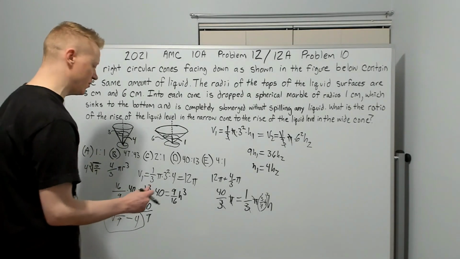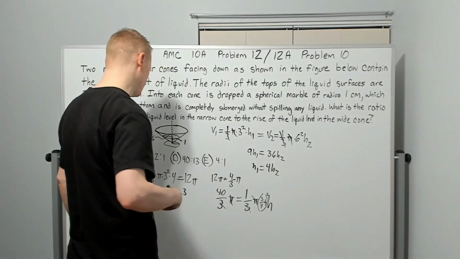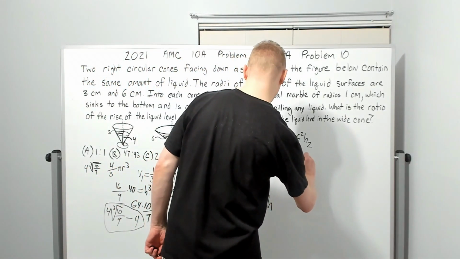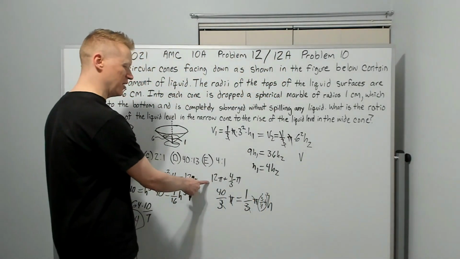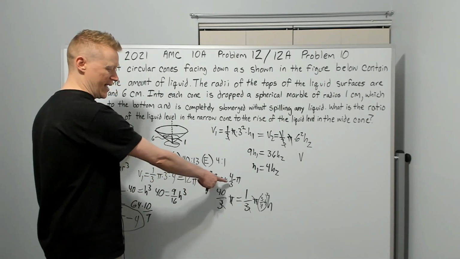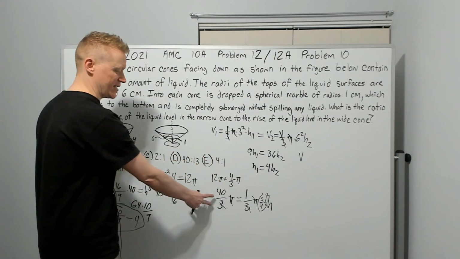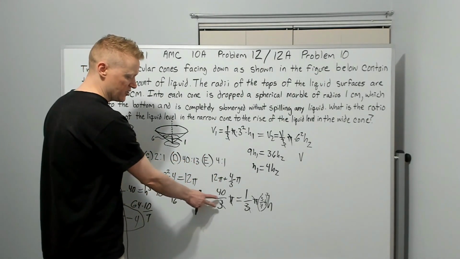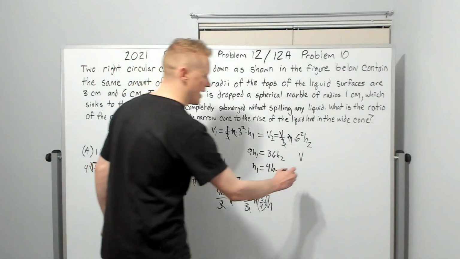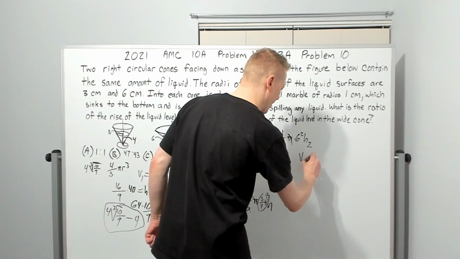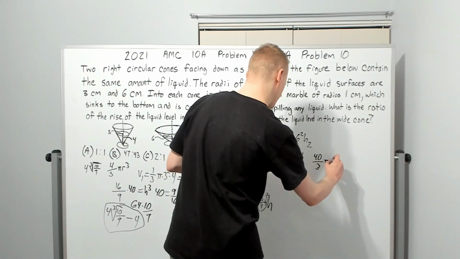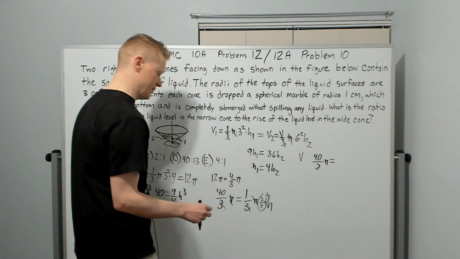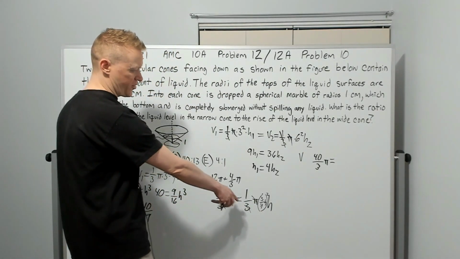Now, the second one's height, it's going to be the volume 2. It also had the same volume, actually, right? And so when you added the marble, it's the exact same new volume, if you will. So it's 40 over 3 pi as well. And you're going to have 40 over 3 pi, and it's going to equal 1/3 pi